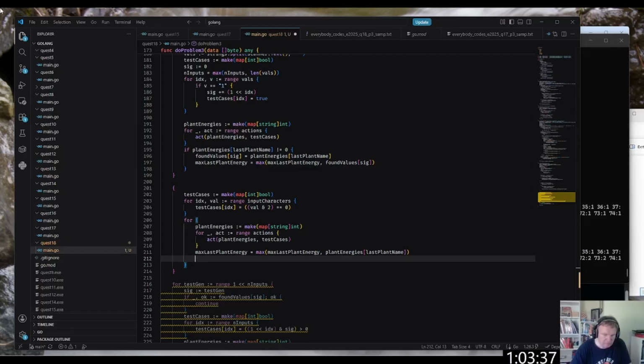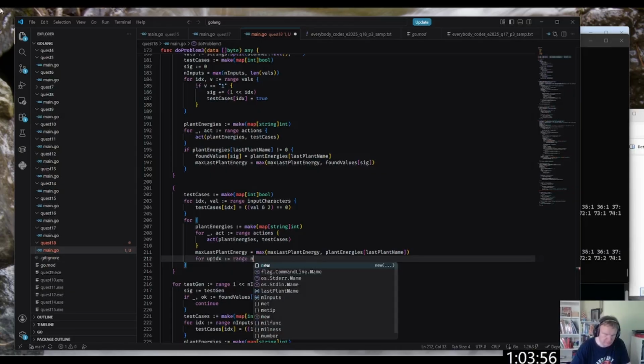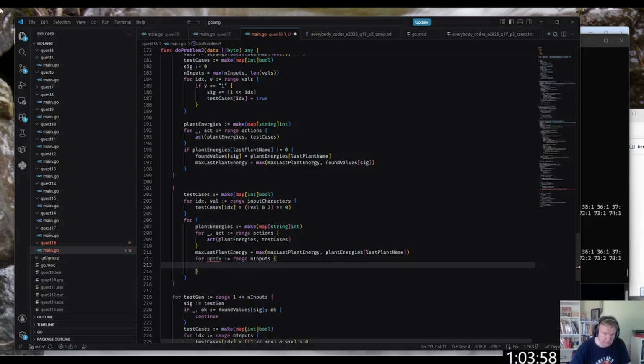Okay, we have the rightmost flip 3 that is 0. For up IDX in range n inputs, if input characters bracket up IDX